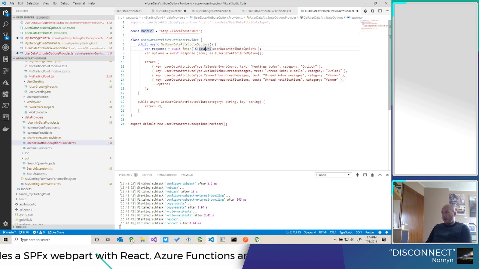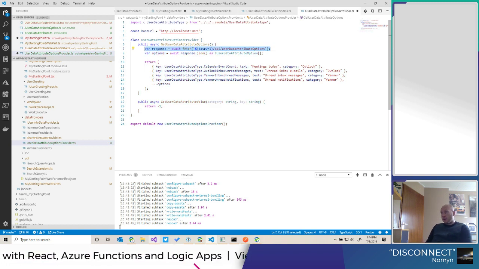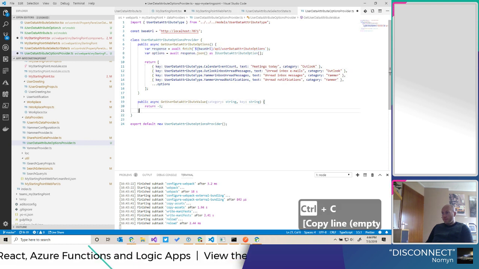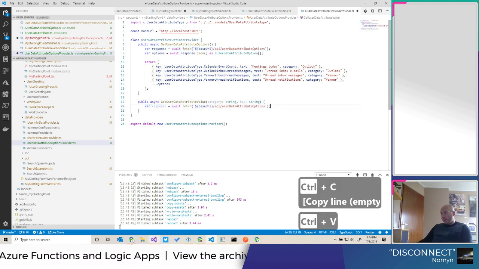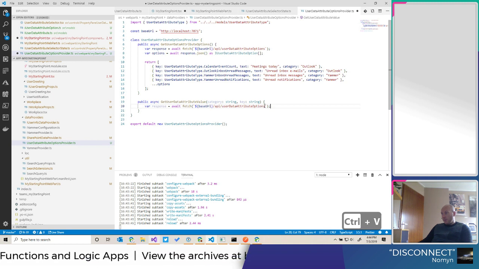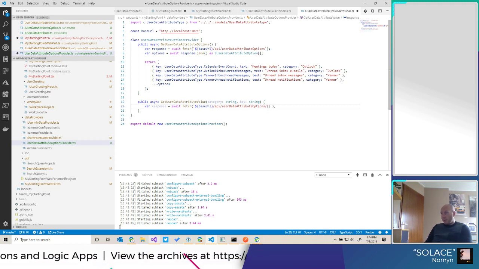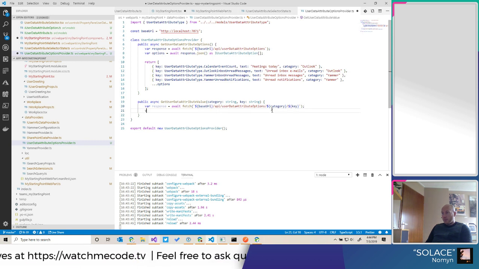Just a bit nicer to read. In this case, we want to also add category, and we want to add the key to the fetch, and then we get response value.